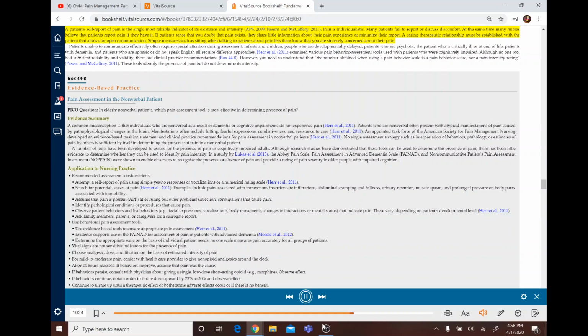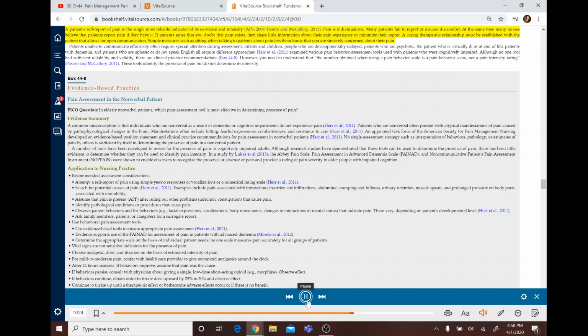A patient's self-report of pain is the single most reliable indicator of its existence and intensity (APS, 2009; Pasero and McCaffery, 2011). Pain is individualistic. Many patients fail to report or discuss discomfort. At the same time, many nurses believe that patients report pain if they have it. If patients sense that you doubt that pain exists, they share little information about their pain experience or minimize their